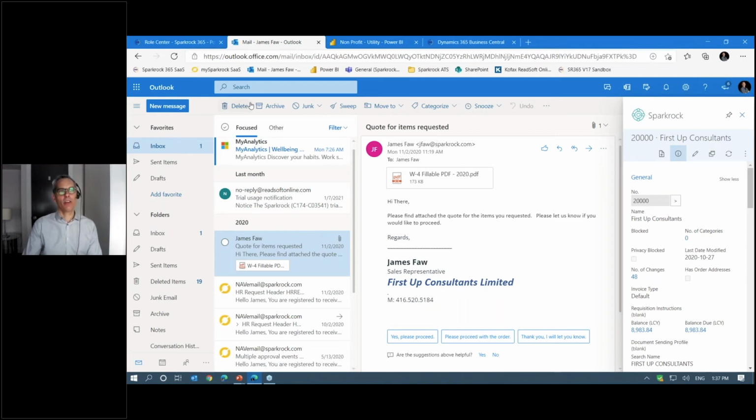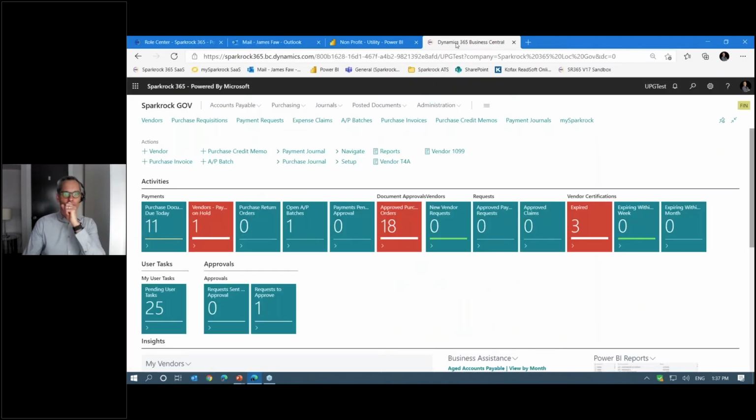So continuing on that theme, I want to go back to a role center, and I've got a pre-set up role center for an accounts payable user. So part of the ability to become more efficient is really by starting with a role center that is the most efficient for you. There are about 30 different role centers in the system. There's probably about 10 that are used by most users.